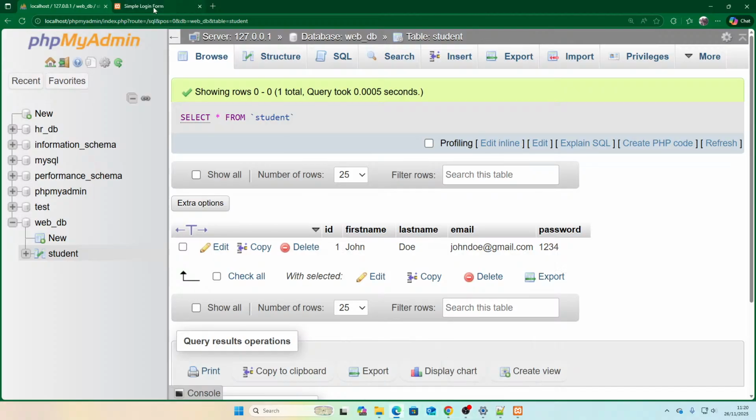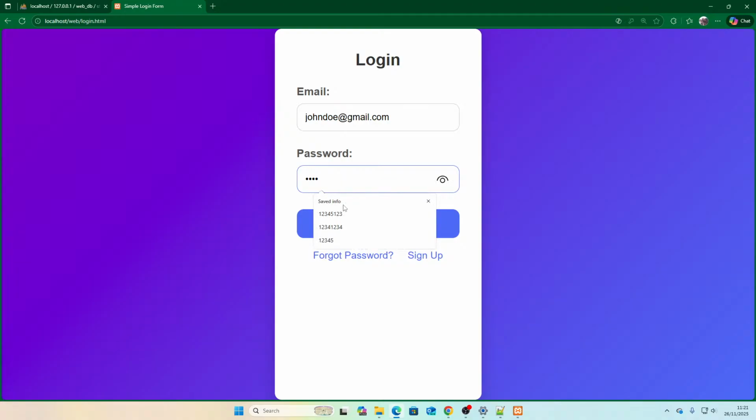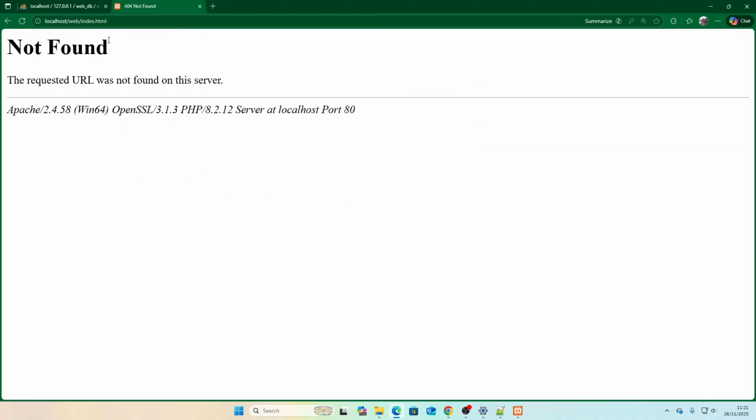So that's the password I have. And now I'm going to log in. Click the login button, and it says